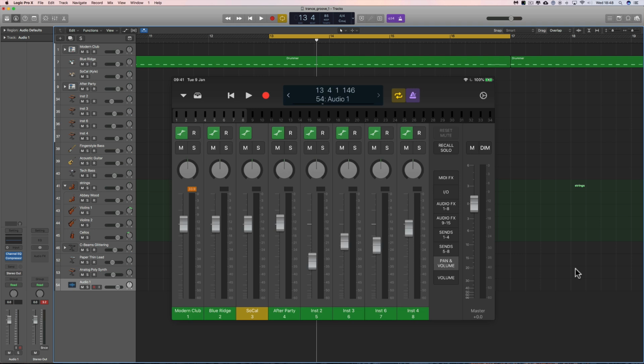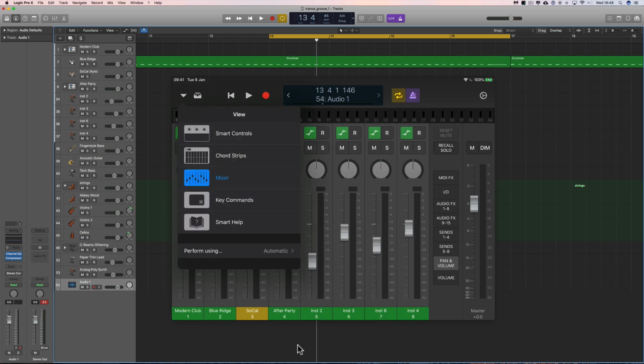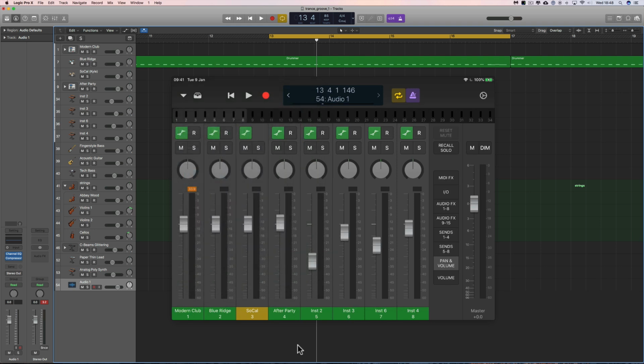And by the way, you double tap to reset the fader to 0, or double tap to reset the pan, etc. I don't know if I'd end up using the mixer that much, because a lot of the stuff you've got to do with the mouse on your main Logic. So if you've got the mouse there, why would you put the mouse down and go, right, I'll go over here and adjust the volume? You wouldn't. You'd use the mouse, right? So I'm not sure I'd use the mixer that much, but the most useful things about it to me are